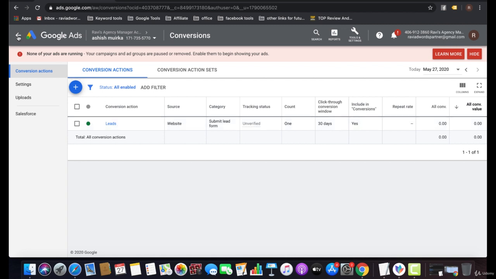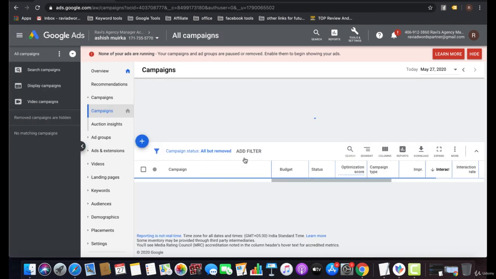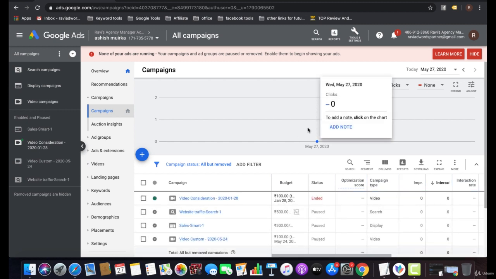For search ad creation, I think we need to know some basic terms as well, like what are keywords. Keywords are words or phrases that are used to match your website with the terms people are searching for. Like, people are searching for digital camera, that is your keyword. People are searching for Nikon camera, that is your keyword. People are searching for Canon 200D camera, that is your informational keyword, and that is your informational term as well.